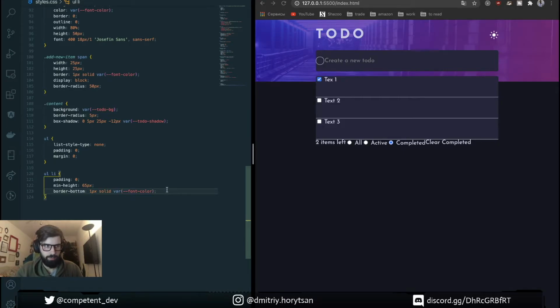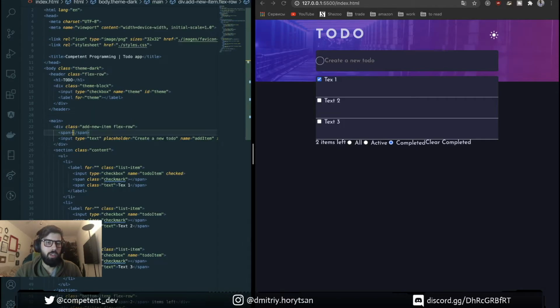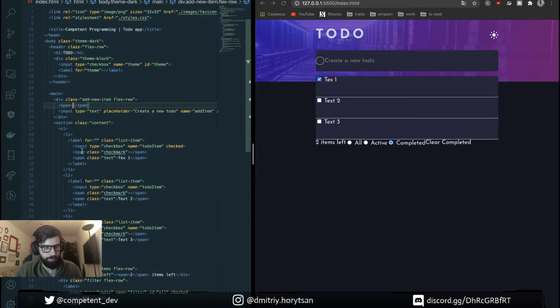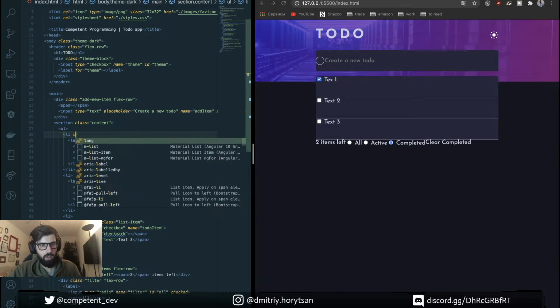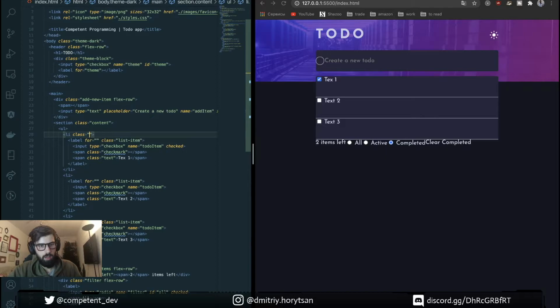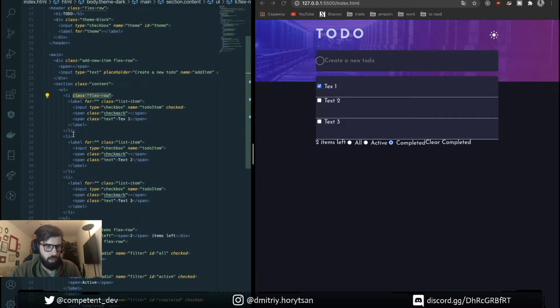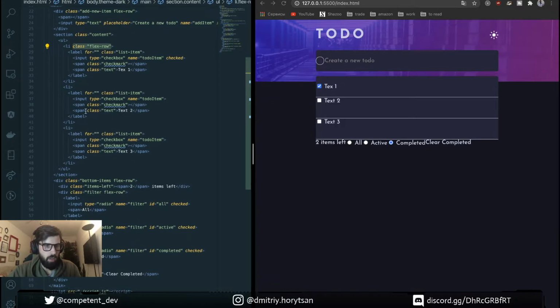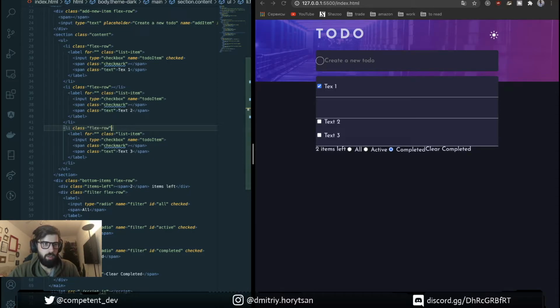And then each li should have class flex row, right? Yeah. To align item on the center of it. And edit for this one.